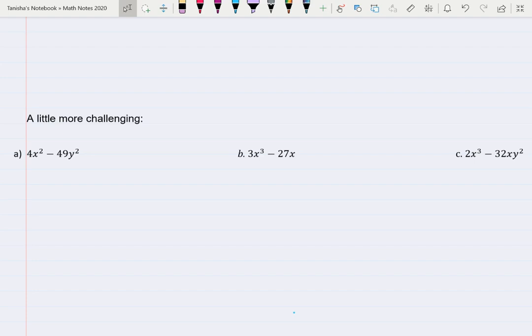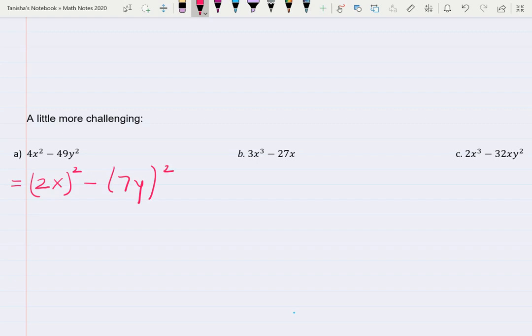All right, so looking at this expression, is there a common factor first and foremost between 4x squared and 49y squared? 4, 49, nope, there's no number that can go into 4 and 49 other than 1. And then x squared and y squared, nope, nothing common there. So let's go to difference of squares factoring. Can we difference of squares factor this? Well, 4x squared can be rewritten as 2x squared. So it's the square of 2x minus